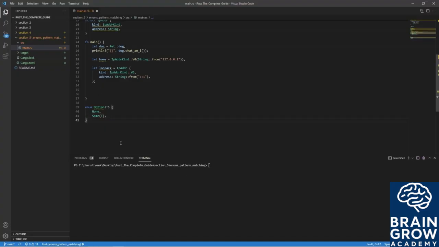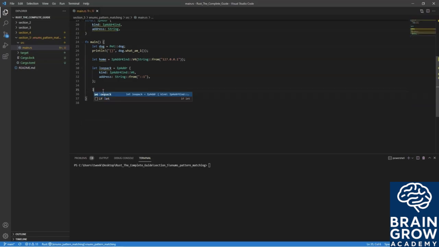And that's all there is to it, to the option enum. The T means it is generic, which, as I said, we will cover in the next section. But to simply put it, it can hold a piece of data of any type. You do not have to do anything in order to use this option enum, as it is already available inside the scope for us already. So I can delete all of this,